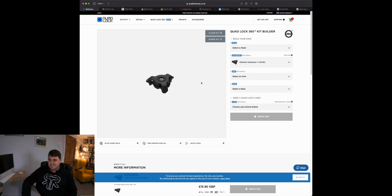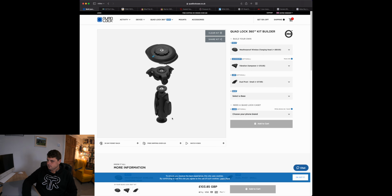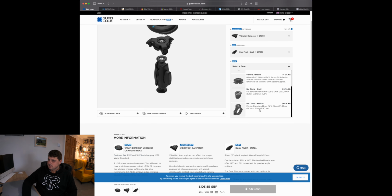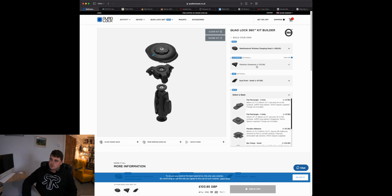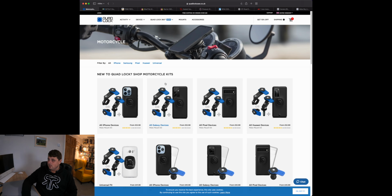Okay, so this kit does get expensive if you're buying all the top level stuff. So that's very similar to a round mount joint. So if you are just starting off in the motorcycle world and you want a mount for your phone, I highly suggest a Quadlock. Just be careful how much stuff you're adding on. So if you wanted a basic,